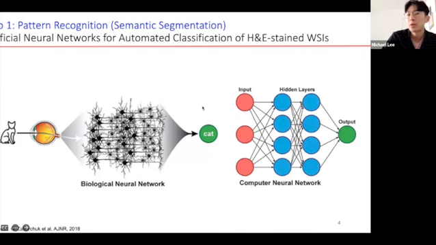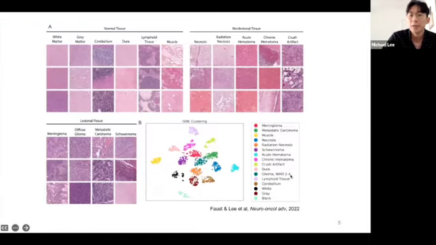Essentially, there will be an input like an image. In this case, there's an image of a cat, and hidden layers would detect things like edges and different features of this image to ultimately come up with an output or a classification. For digital pathology purposes, we would train them using different classes of H&E stained images, meaning different objects like white matter and gray matter that are present in the tissues of the whole slide images.